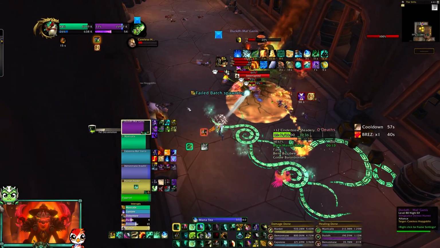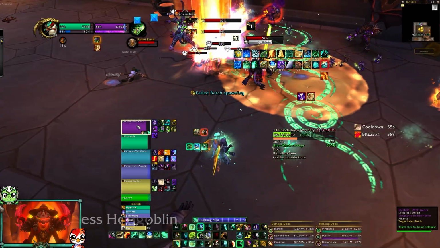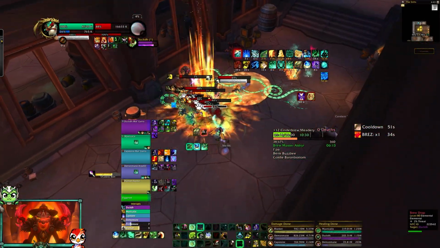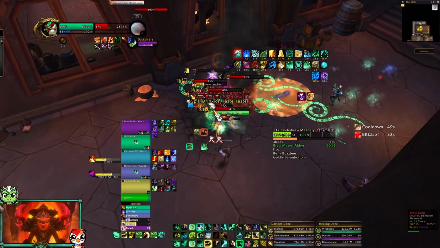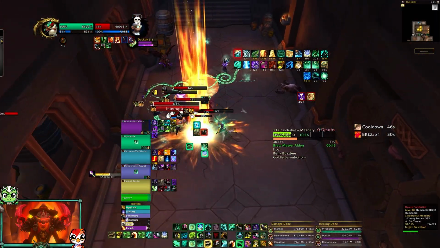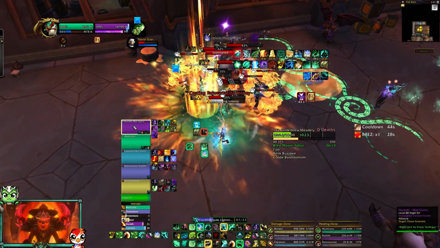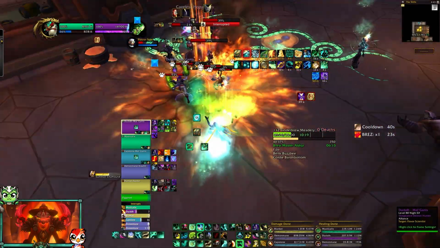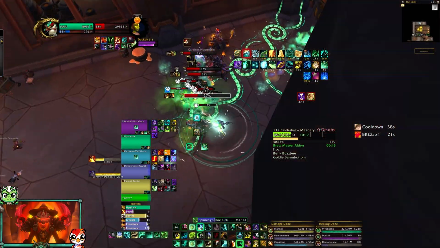And yeah, I have life cocoon back, and I have revival, and I mana tea a little bit here because for me, mana is like the best thing to manage, and I just want to manage my mana so we can just keep chain pulling. Rejuvenating honey's being cast. Good interrupt on it. I think I was going to kick it, but good interrupt there. And the debuff goes out on the mage. I dispel him, and we're doing a really good job of just staying alive and